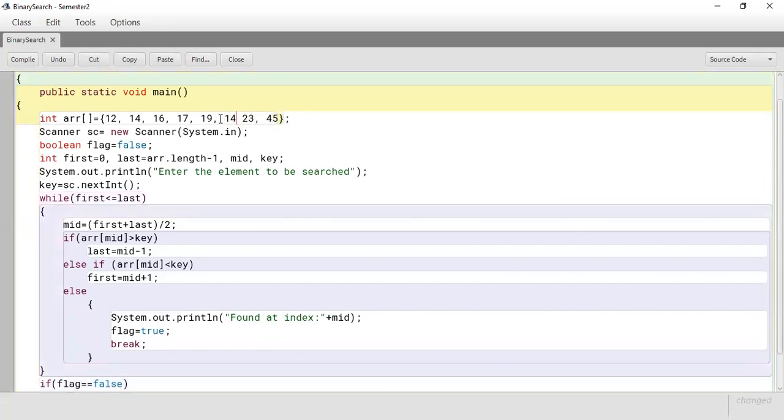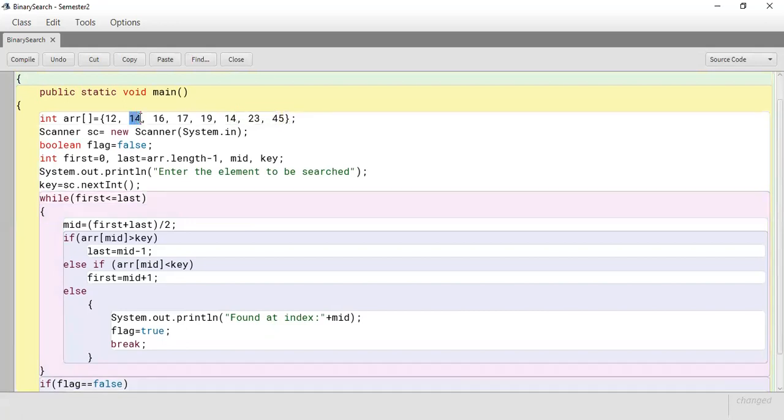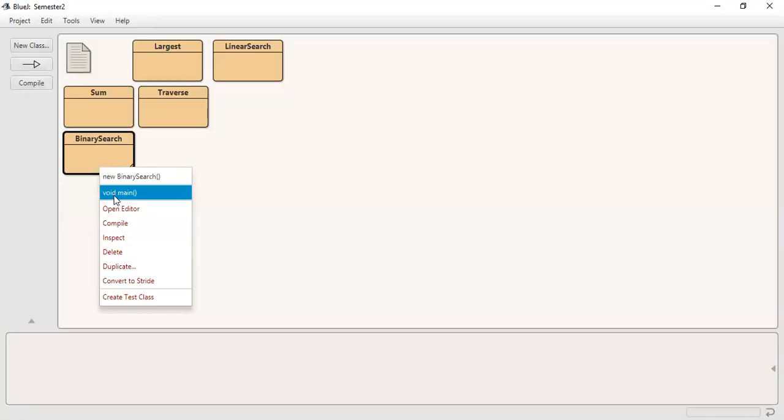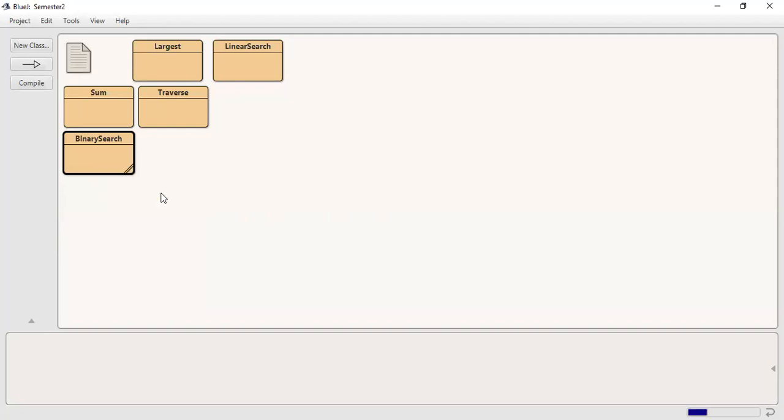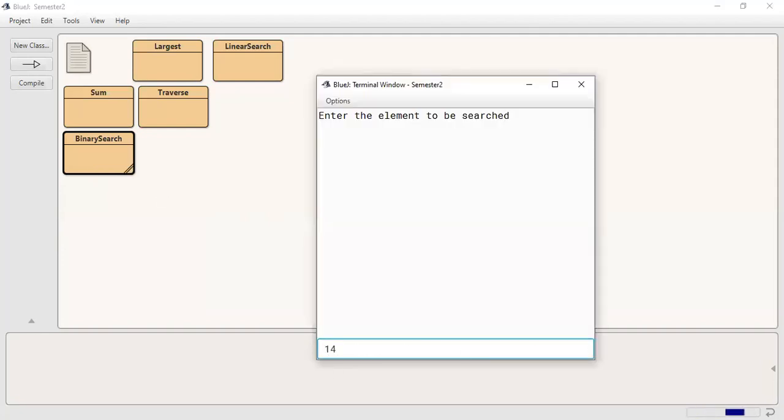देखो, सपोज मैं 14 एक और 14 यहाँ लिख देता हूँ. So I have two 14s, right? At index 1 and at index 5. तो यहाँ पर इसको मैं अगर आउटपुट देता हूँ तो क्या मुझे दोनों 14s का इंडेक्स आउटपुट में बताएगा? देखो क्या होता है। 14 दे दिया, फाउंड एट इंडेक्स 1, ये मुझे नहीं बताया फाउंड एट इंडेक्स 5। हालांकि एक और 14 5 इंडेक्स पर भी था। This is the demerit of binary search कि वो नहीं बताता है। जहां पे उसको फर्स्ट वाला जो वैल्यू है उसका इंडेक्स बताता है। तो इसमें हमारा एक प्रॉब्लम हो जाता है बाइनरी सर्च में।